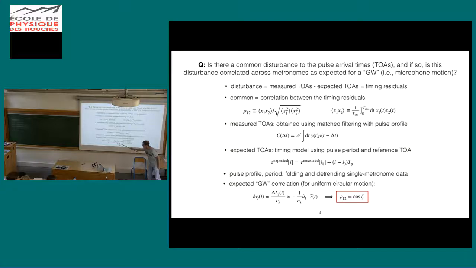So this is really like a Romer delay term. If you take that as your timing residual response for metronome I, where I is 1 or 2, you can calculate the correlation coefficient here, and you should find a cosine of the angle between them as the